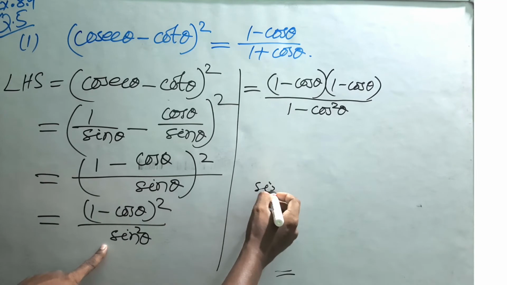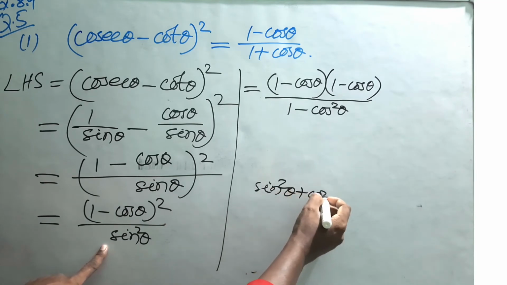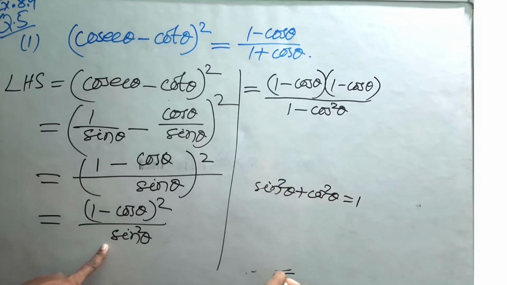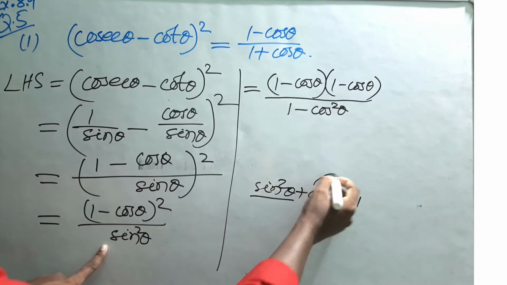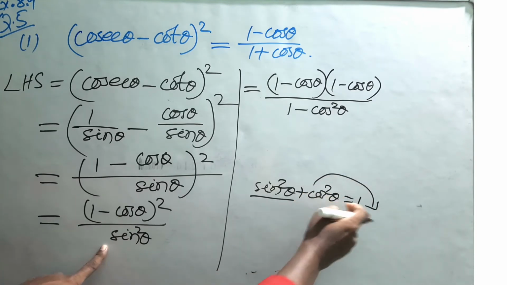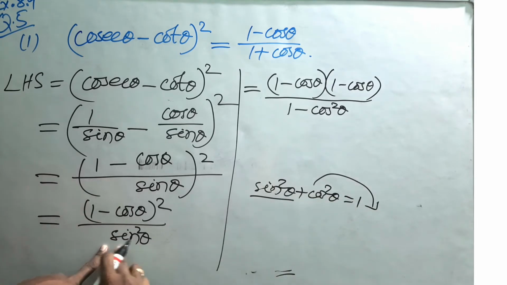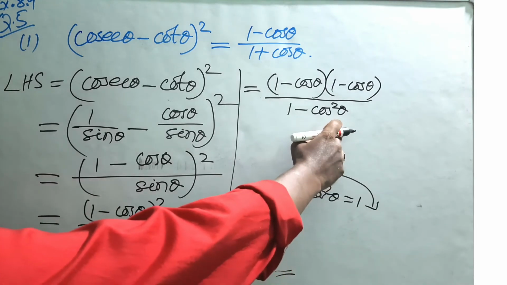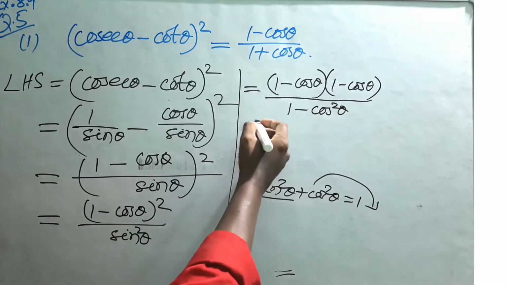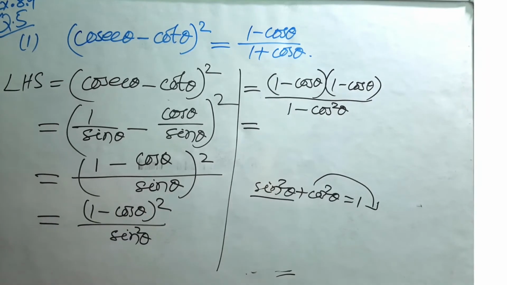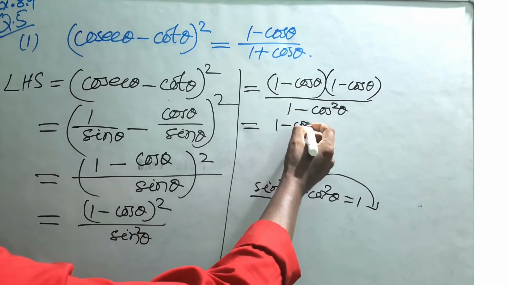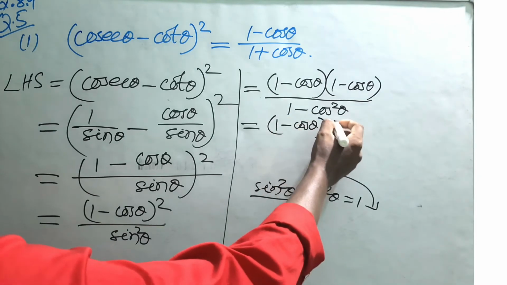Because sin square theta plus cos square theta is 1. So sin square theta will be, if we take cos square theta to this side, it becomes 1 minus cos square theta. So in place of sin square theta, you can write 1 minus cos square theta. Okay. Now this becomes (1 minus cos theta) into (1 minus cos theta)